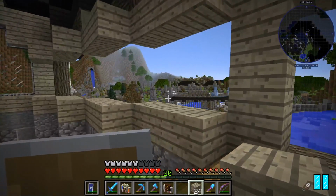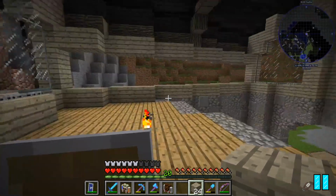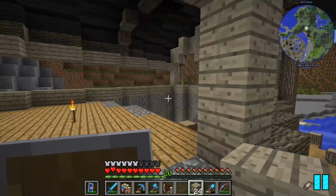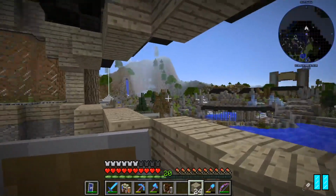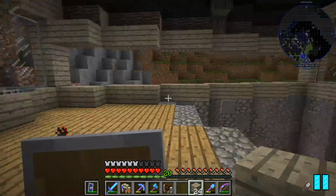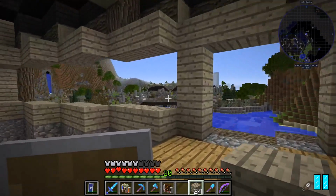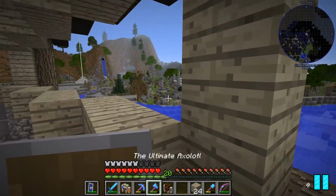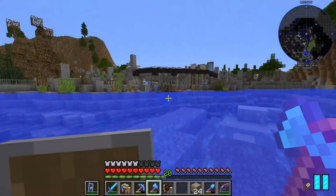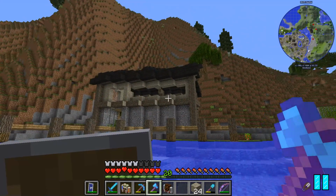Now, I do like the idea of leaving this open. It's not going to look very good, though, as far as building-wise, especially from the outside. But leaving this open means you can see the zoo. And that's the cool part about this, isn't it? I mean, when you're up here, look at that. You got a really good view for the place. It's like a panoramic picture right there, actually. But I just don't think it's going to look very good from everywhere else. If I go out here, it's going to be like a giant hole in the side of the building. Unless